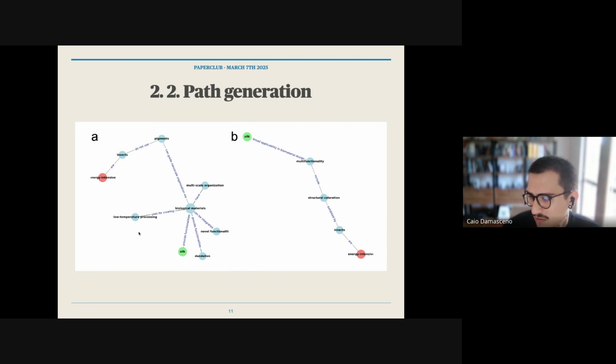And if you read the paper, you know that the main discovery they made was the connection between silk and dandelion to create energy-intensive materials. It was super nice, and I'm not a specialist in bio-inspired materials, but as they said, it was a very interesting discovery because the result was pretty good and it was very reasonable to implement. So this connection was not present in the shortest path approach.